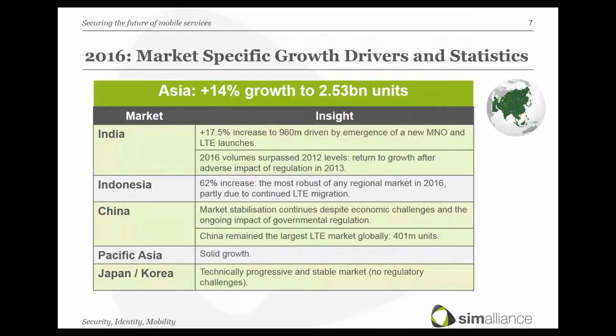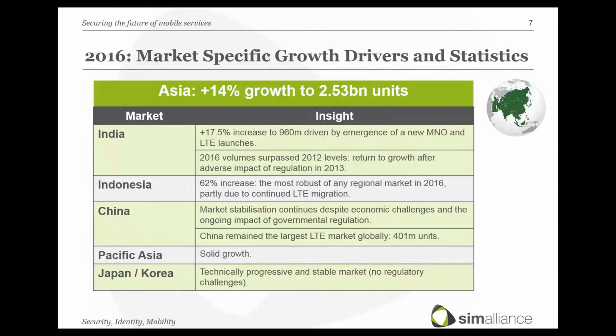And this is also, by the way, happening due to modernization of networks. So you see there cards getting to the market that are LTE capable, and that might also have led to an improved market share of the Alliance members, because the shipments of the Alliance members have increased significantly in